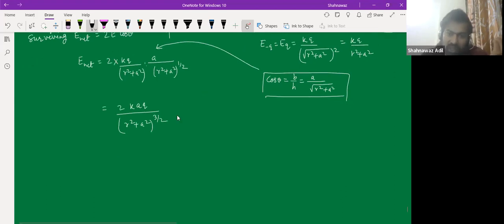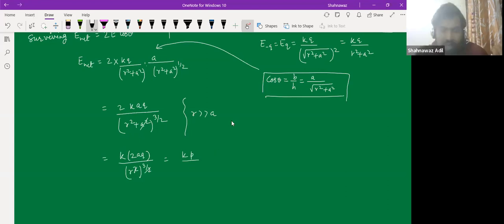And again, if we write R greater than A, not equal to, very much greater than A, this part will cancel. And if we write it into A cube, right, divided by R square power 3 by 2, so this will cancel. And this is again Kp by R cube. So this is the magnitude, right? So E net, which is